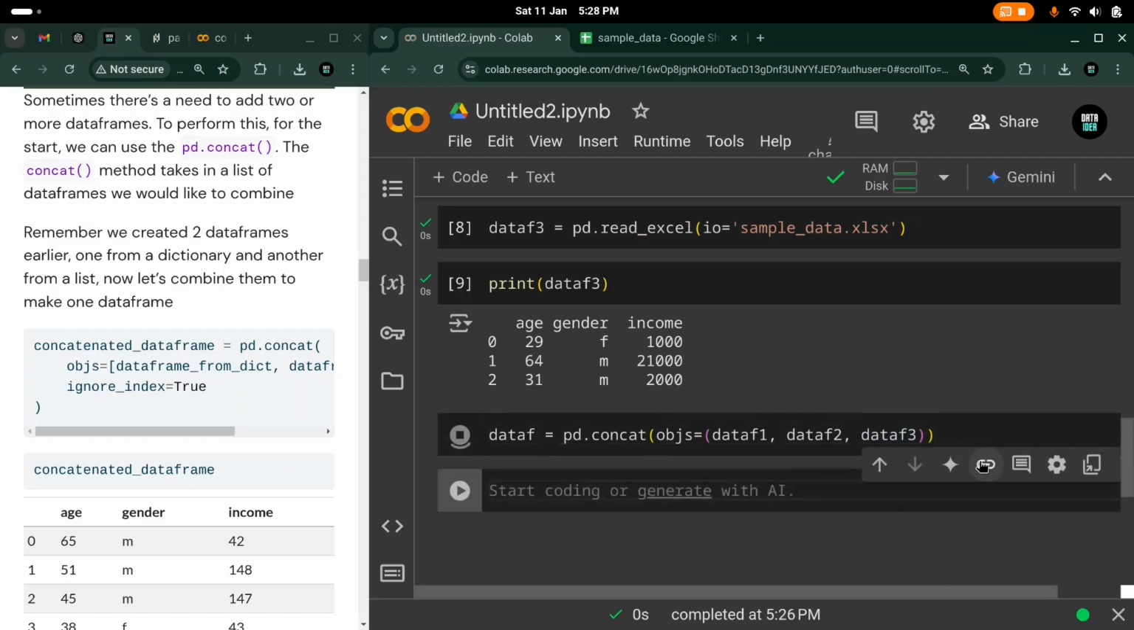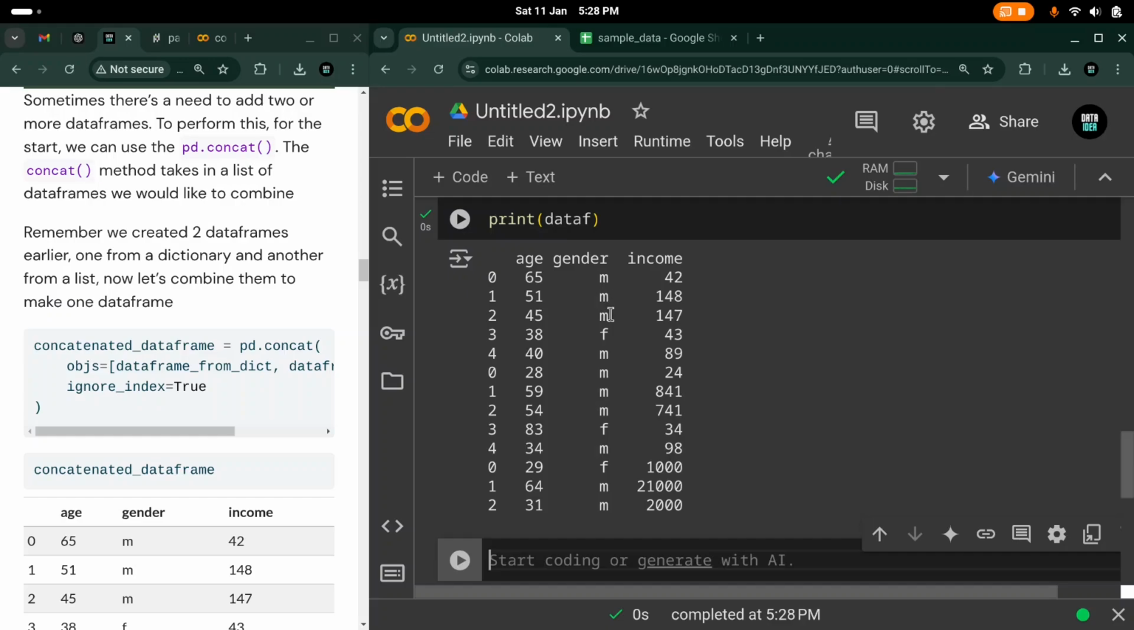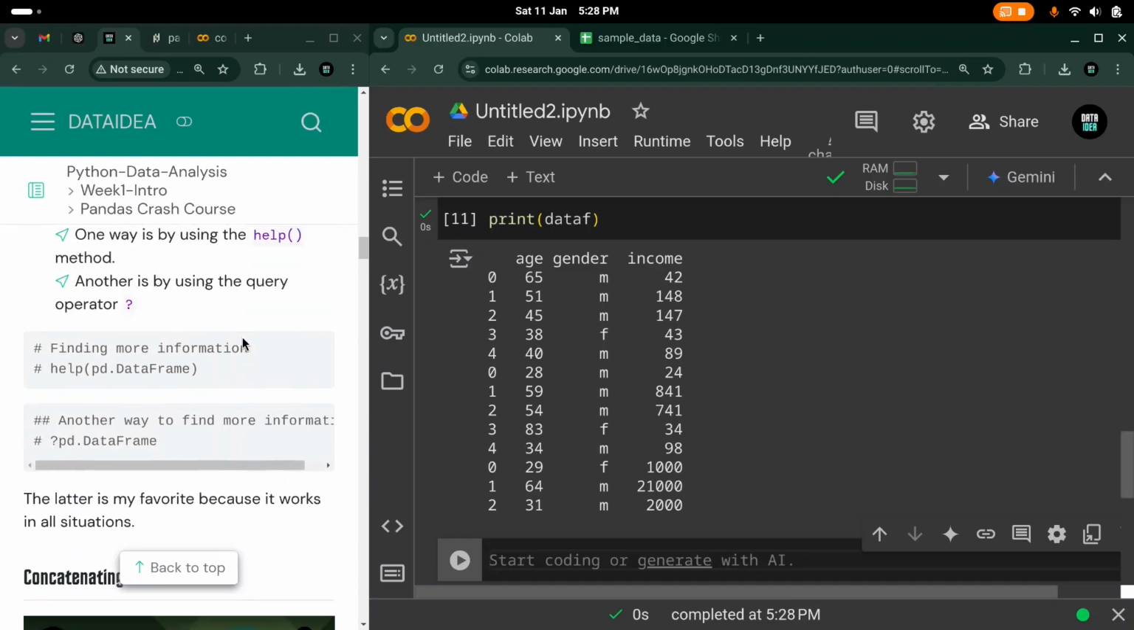Okay, and then I run that. Now if I print data, we can see that all the data has been combined to form this one bigger data frame. Really nice. Now before I continue to show you other tricks, if you would like to find some help